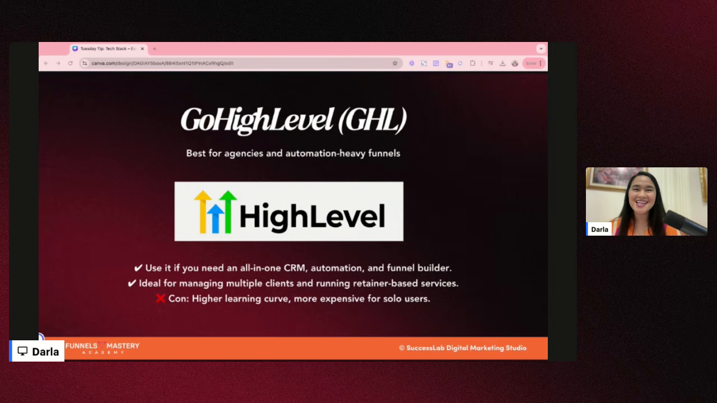Kung gugustuhin mo lang talaga, it's never ending because you can connect it to here, you can optimize it by doing this and that. So, it's never ending. So, yun. It has a higher learning curve because of the many features that it has, no? And it is also more expensive for solo users. Imagine that, $97 per month. Especially for us, it's a bit expensive as well, right? But again,